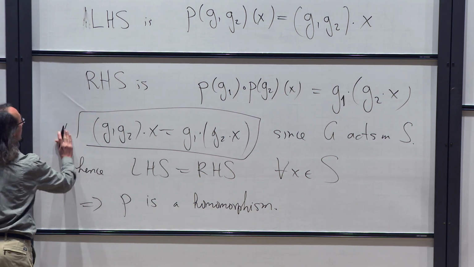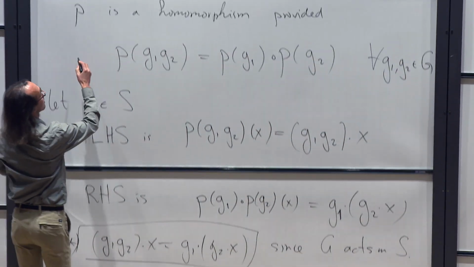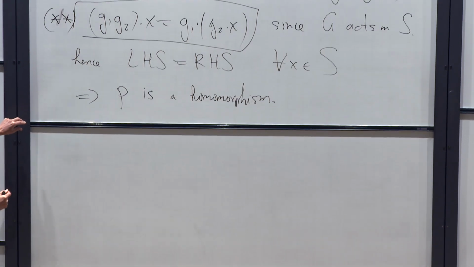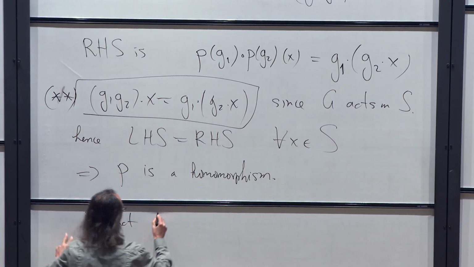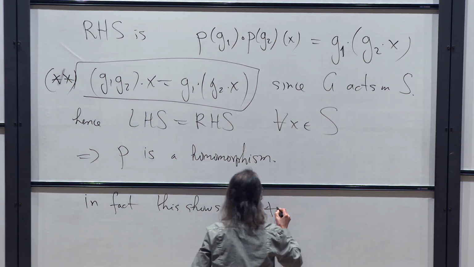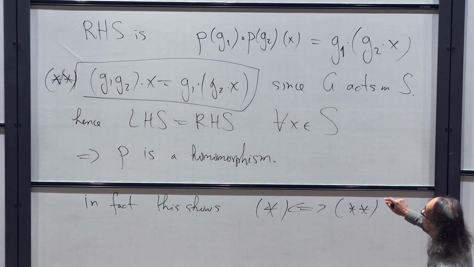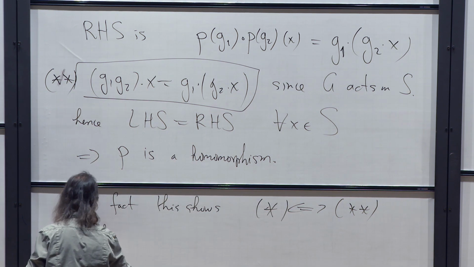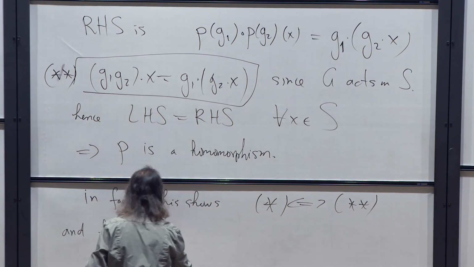So, in fact, if I call this star star, and if I call this statement star, in fact, this shows the star is equivalent to double star, and hence we reduce the converse, and hence conversely,